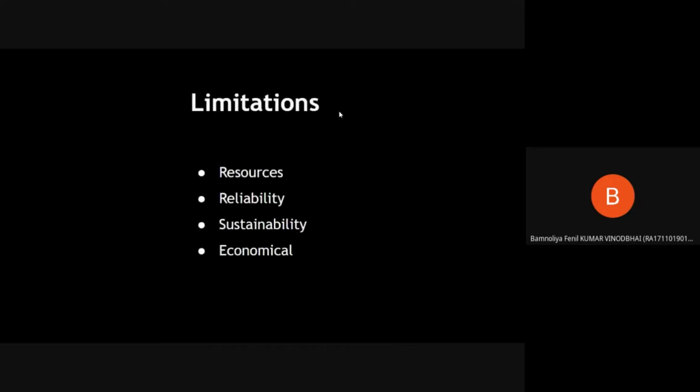How your product impacts the environment comes under sustainability. The impact on the environment should be minimal, so that we can proceed with our manufacturing without disturbing the environment.